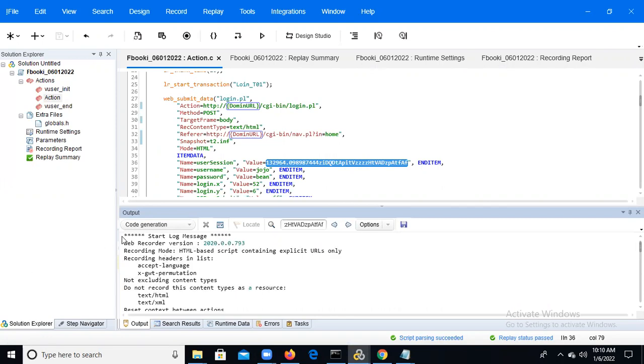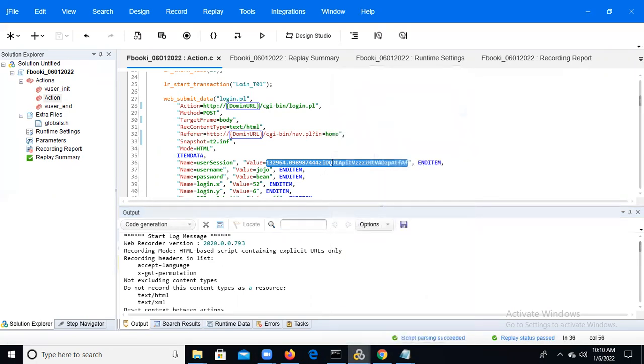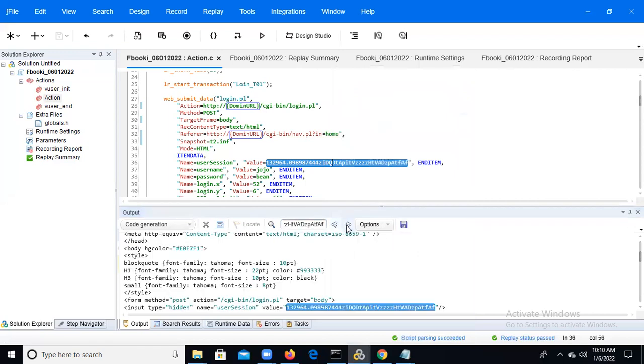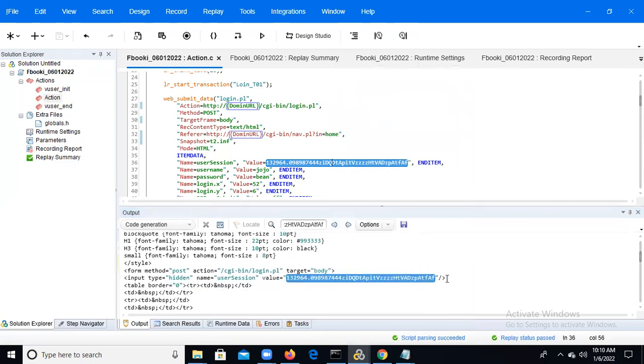Control Home means the starting line. Then paste the dynamic value here, copy and find next. Once we find this one, copy the entire text, up to now. Otherwise, you can copy to the input also, no problem.